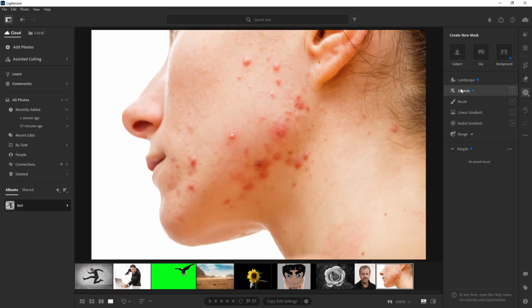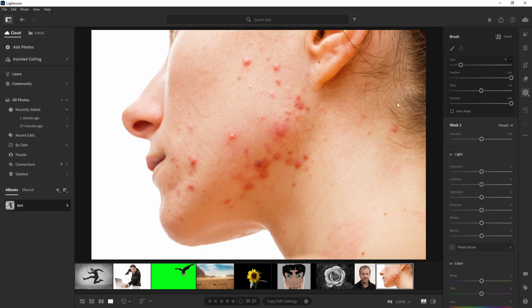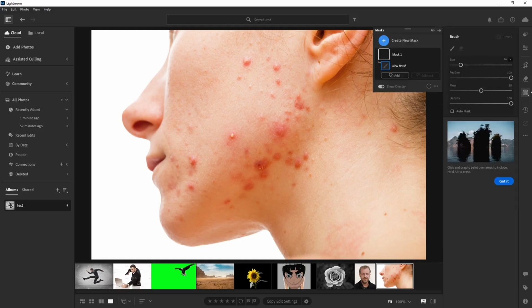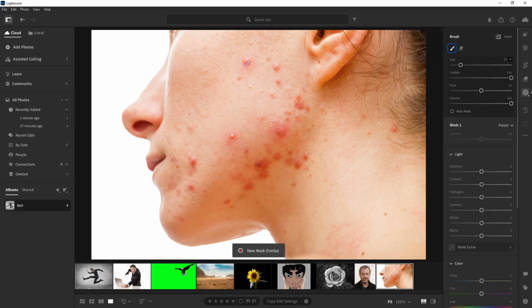If you're using the brush option instead, you'll want to carefully paint over the skin areas you wish to smooth. Be sure to avoid key facial features like the eyes, lips, and hair, because these areas benefit from retaining their natural detail. With your mask in place, it's time to apply some smoothing adjustments using the sliders in